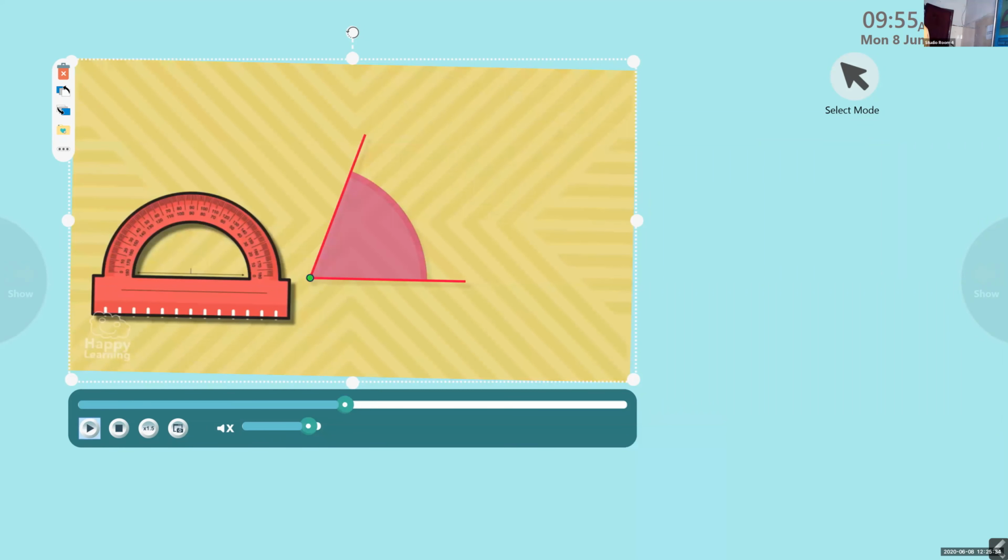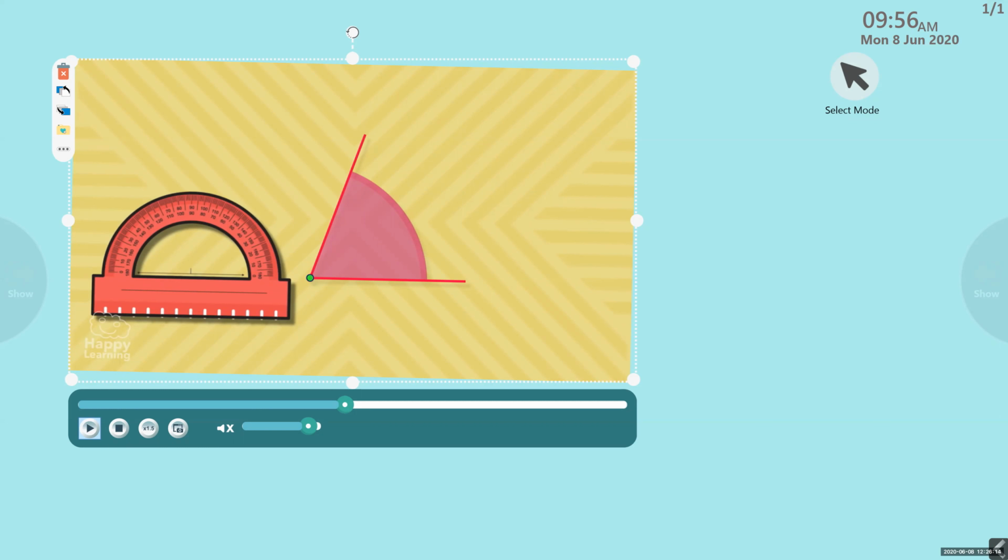Now, children, the protractor is on. You can see the protractor. Gautam, unmute yourself and tell me, can you see the protractor carefully? Yes. Anthony, can you see the protractor clearly? Yes, ma'am. And there is one center. Can you see this center properly? Yes, ma'am. This center we will keep on the vertex.